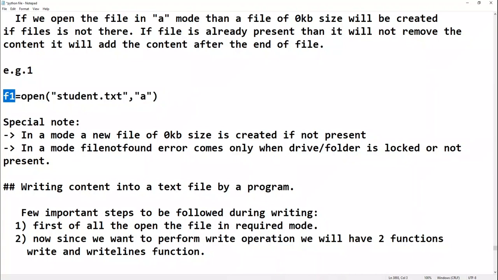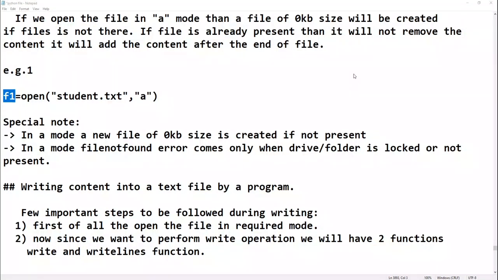Let me just explain the meaning of this. Suppose this is our program, and the name of the program is write.py.